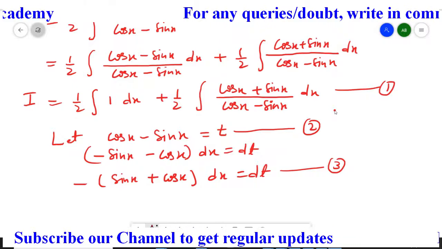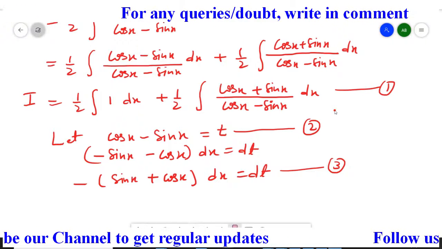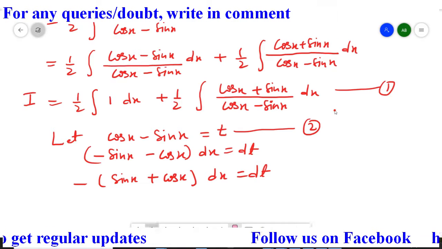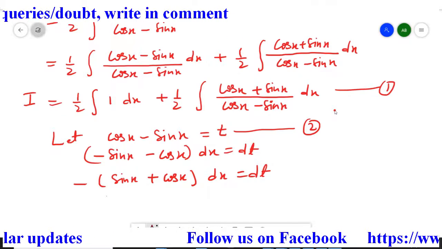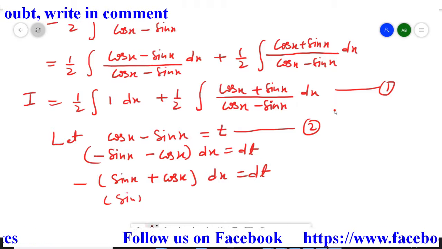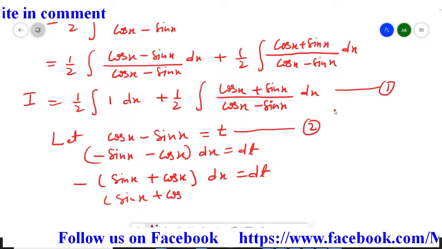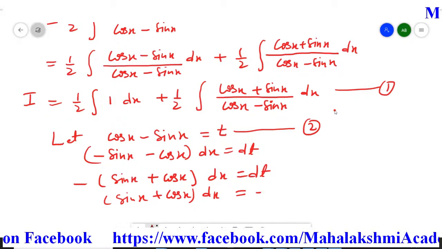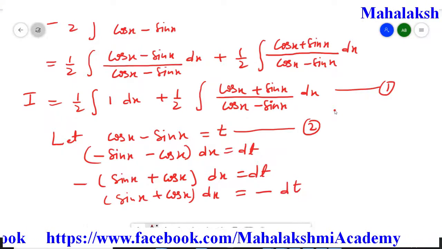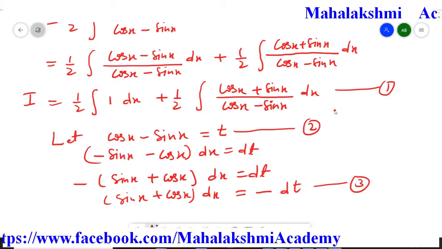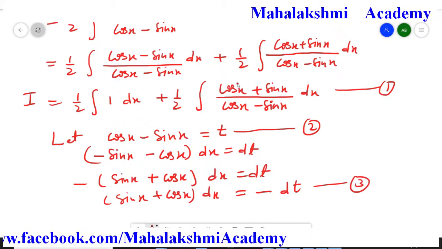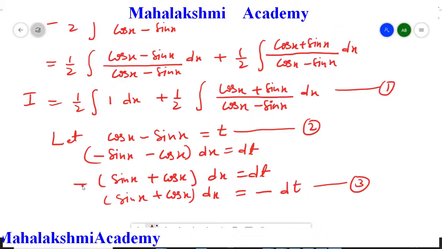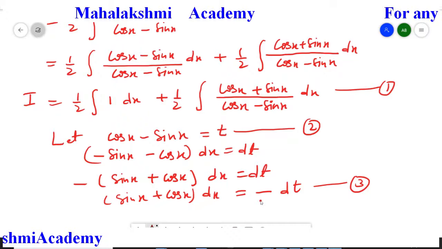Or we will change this equation a little bit. I am going to shift this minus sign to the other side, so I will remain with only the function which I have in the integration, because in the integration we don't have a minus sign. So this equation I am going to assume as equation 3. You will see we have positive cos x plus sin x. We don't have this minus sign, so this minus sign also I shifted.